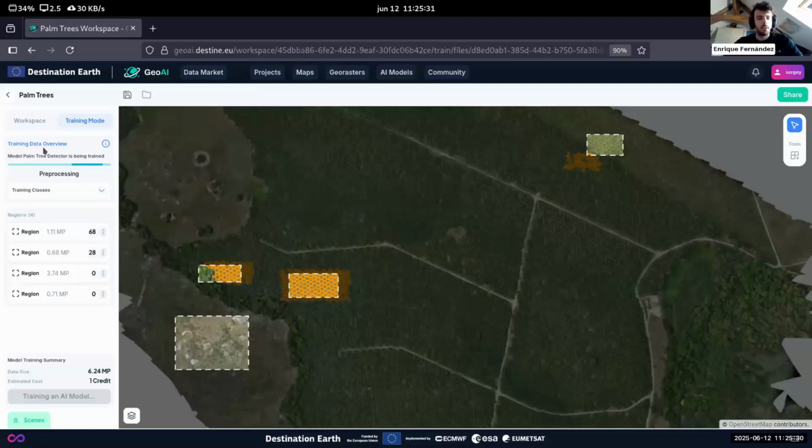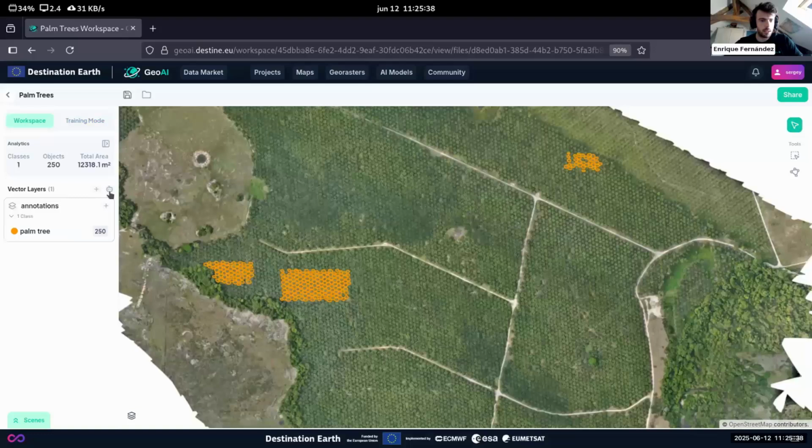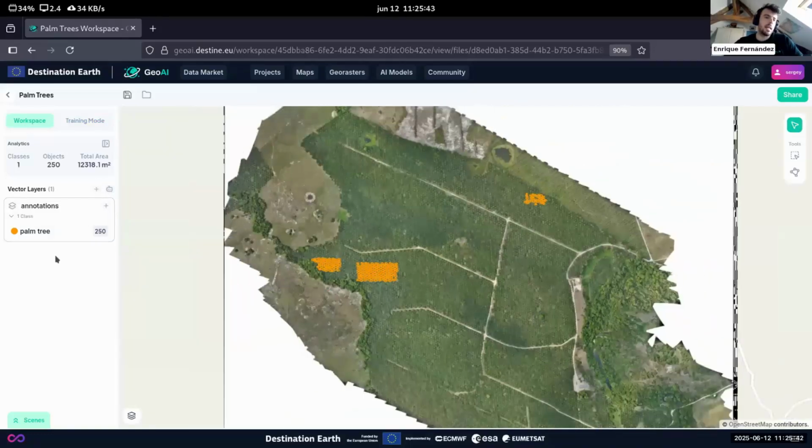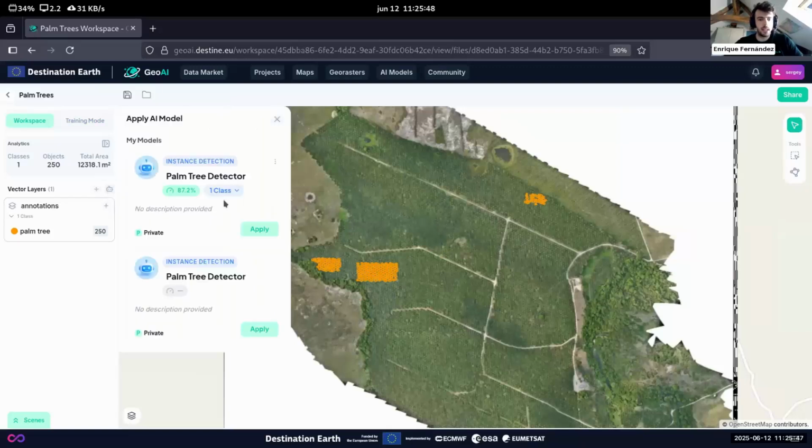Now, since this takes a couple of minutes, maybe 10 to 14 minutes, it's going to take, I prepared a model for you. Once the model is available, we can come back to regular workspace mode, and we can click on this icon here, the little robot, and this is our model page, which we can show. And this is the one that I trained before. This is the one that is training right now that I just put as training, and it will be ready once it's done training. Now, I can just apply the one that I trained before.